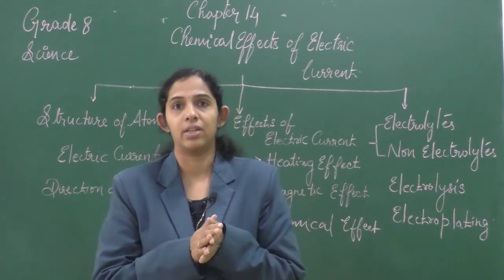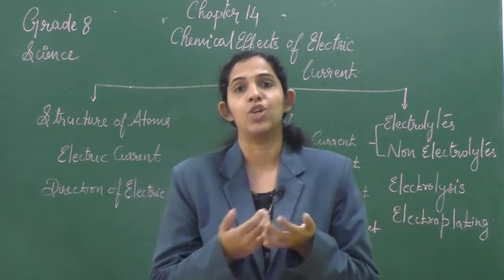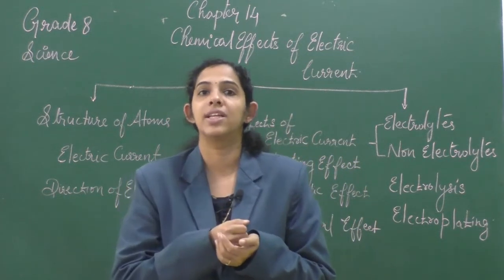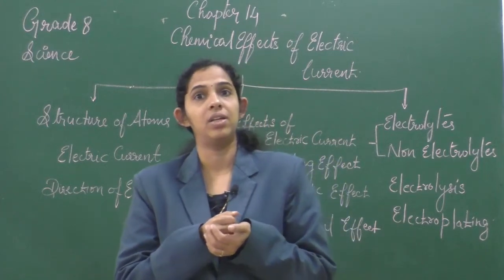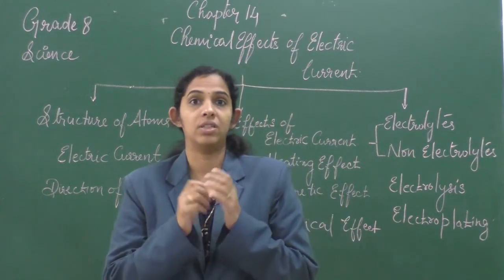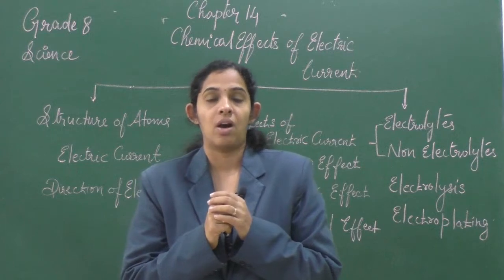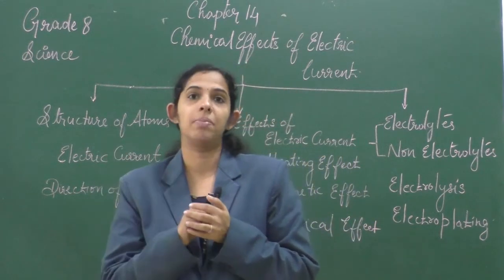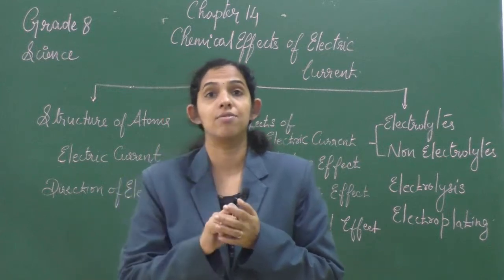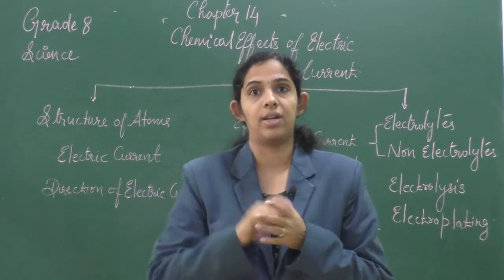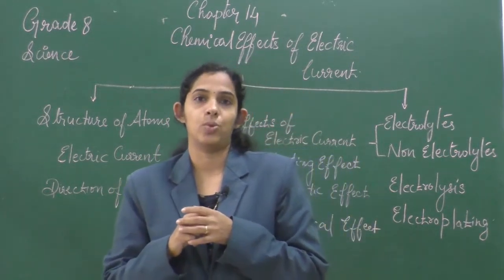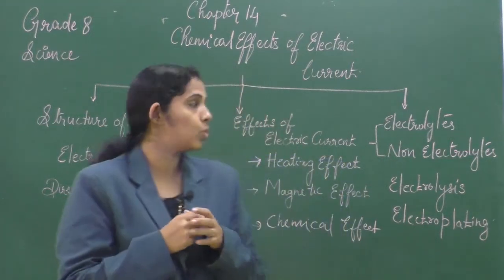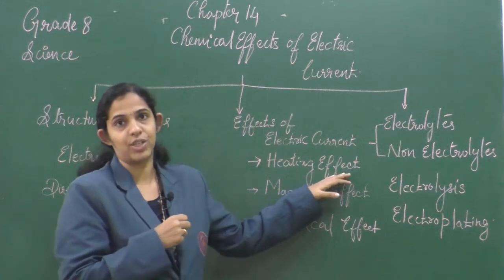In your day-to-day life, there are many equipments that make use of this heating effect of electric current. For example, the iron box that you use or the electric kettles are all examples of this heating effect of electric current. Also the incandescent bulb. If you notice the tungsten filament, it becomes red hot after the current is passed through it. So all these equipments use the heating effect of electric current.